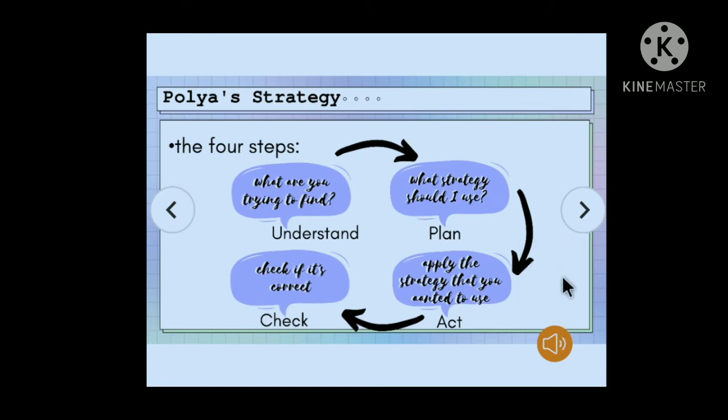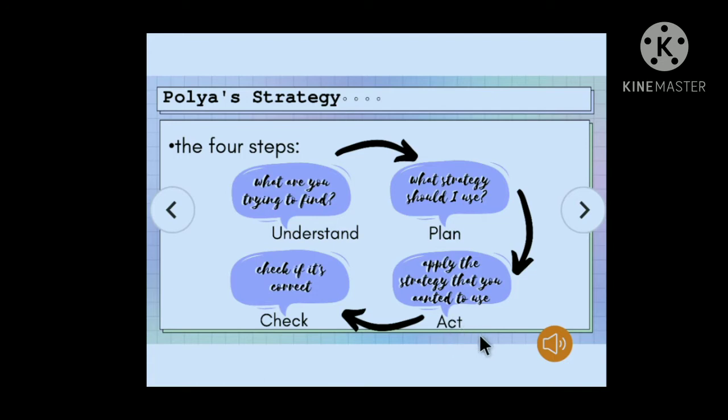In this slide, we have a cycle representing Polya's strategy 4 steps. The cycle begins with understand. In this part, we are going to understand the problem and analyze it in order to figure out what we are simply trying to find in that problem. Then followed by a plan. We are going to devise a plan that is compatible for that problem in order to apply a strategy that we are going to use. Then plan is followed by an act. In this part, we are going to act out the plan